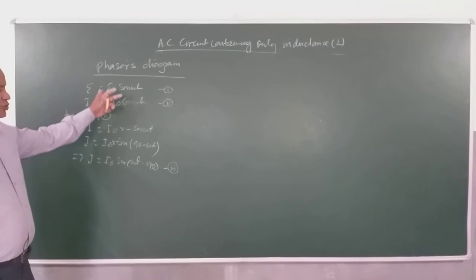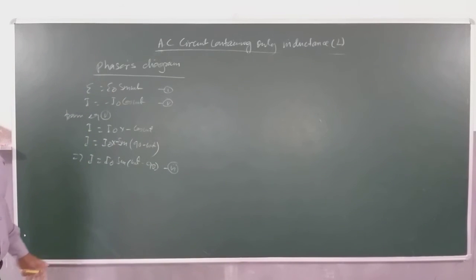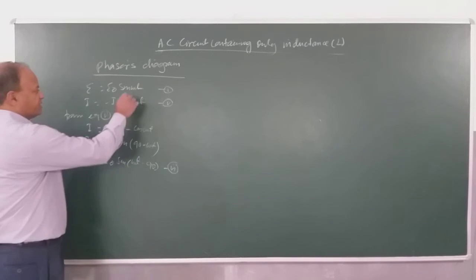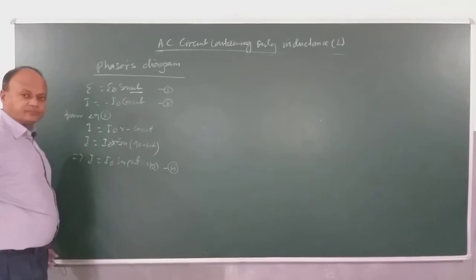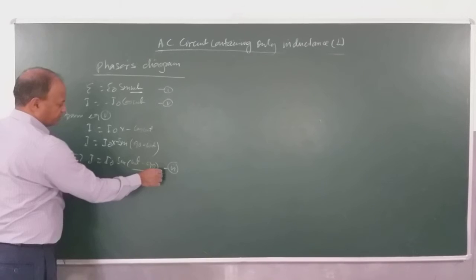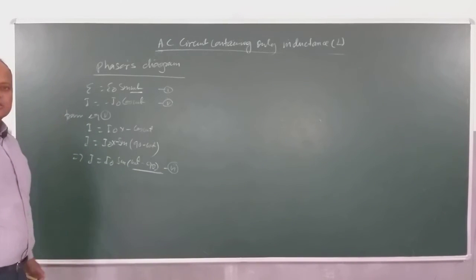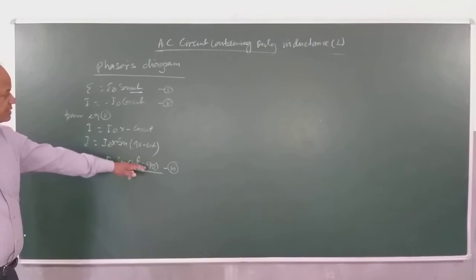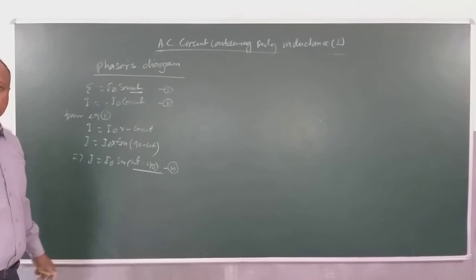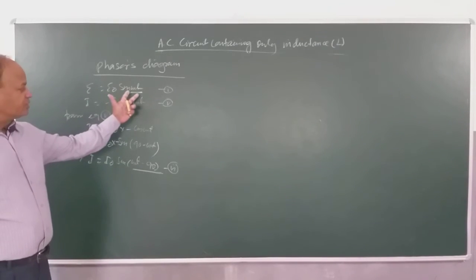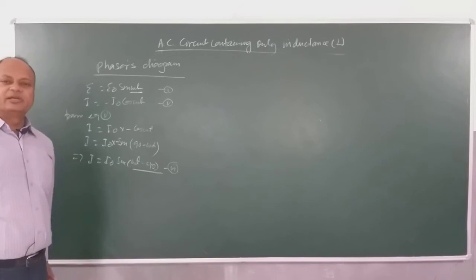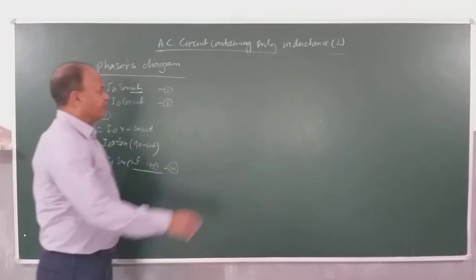So these two equations clearly reveal the phase relationship. What is the phase here? Omega t. And what is the phase here? Omega t minus 90. So this becomes very interesting. That means current is 90 degrees behind the applied voltage, because here the phase is omega t and here it is omega t minus 90. If I plot it,